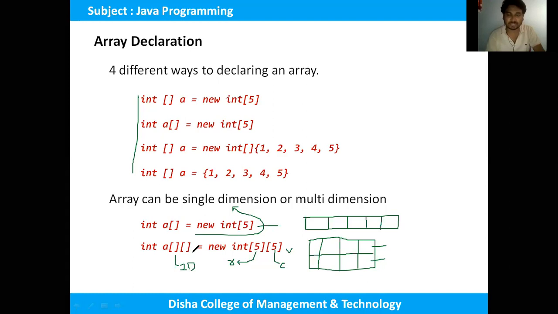If we are using 4 brackets, then it is a 4-dimensional array. But in many programs we are using only the 2-dimensional array. In rare cases, we are using the 3-dimensional array in Java. In other programming languages, like those used for machine learning programs, we can use the multi-dimensional array.